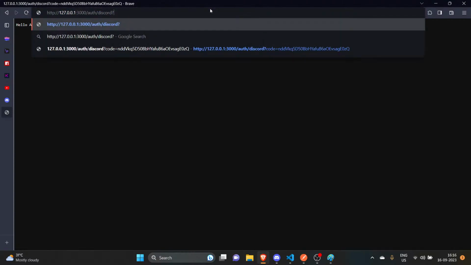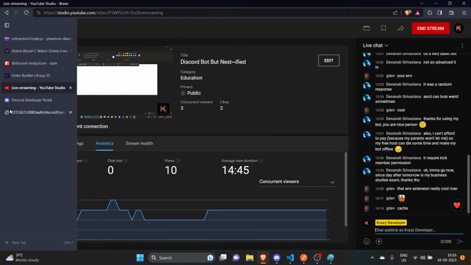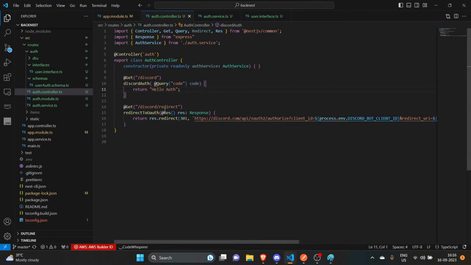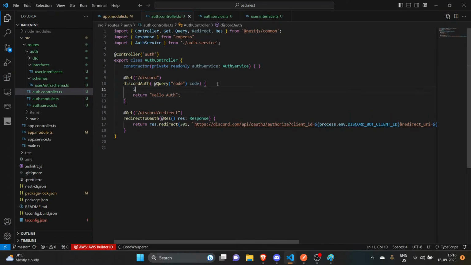It did send me to that page. Amazing. And if I need to do the login, I can just go to auth/discord/redirect, and it will take me to the page. That's beautiful. We will click on authorize. Amazing. The flow is very great. We are doing some progress. Welcome back to the progress route. Now, if we do not have the code, we still want to do something. That will be